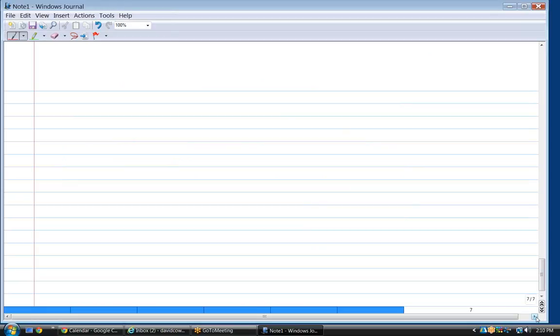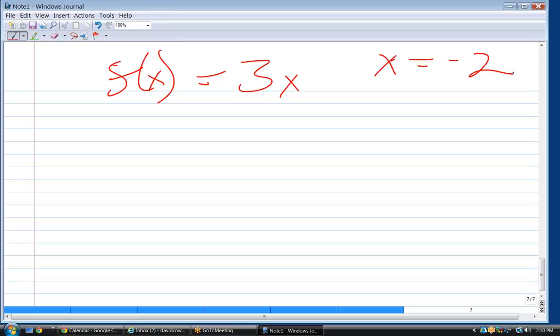Yeah. All right. Compute the exact value of the function for the given x value without using a calculator. f of x equals 3x for x equals negative 2. So it's negative 6. Yeah. In other words, f of negative 2 would be negative 6. Yeah. All right. And then